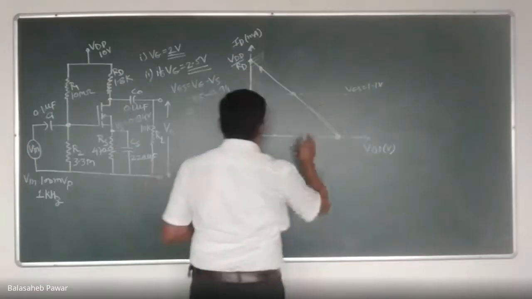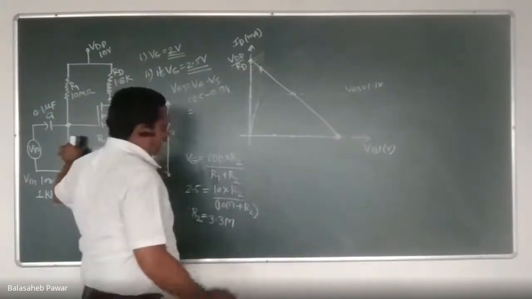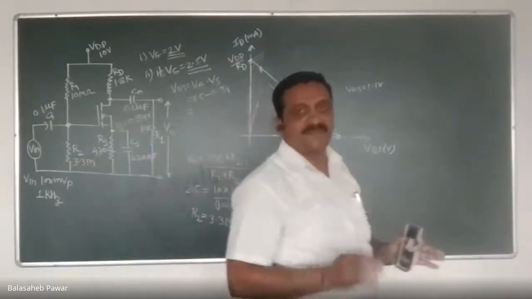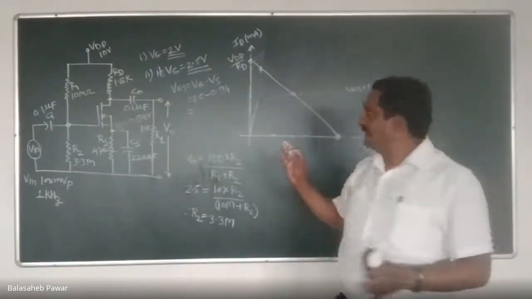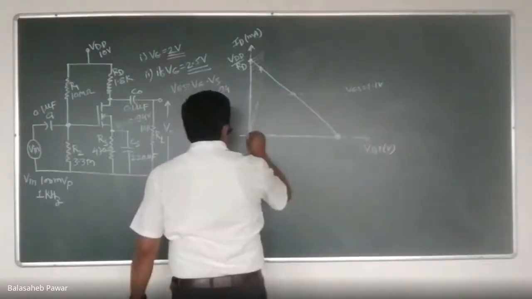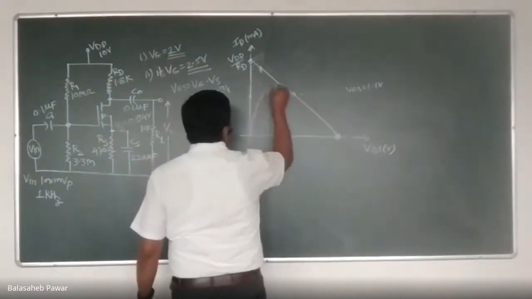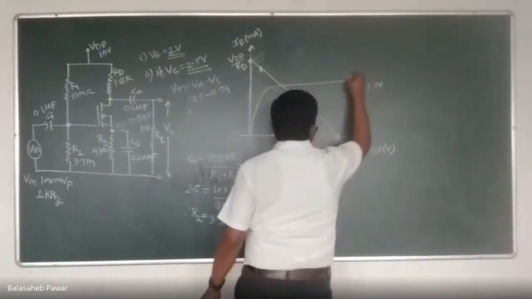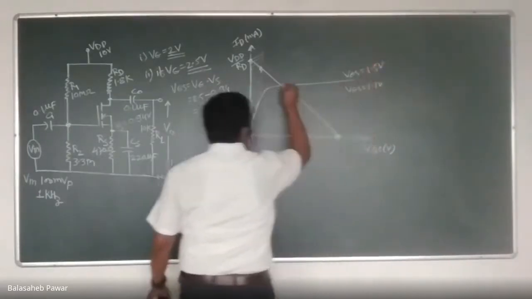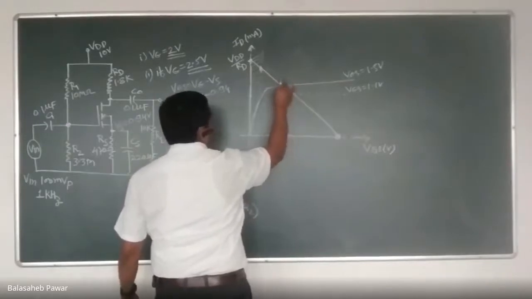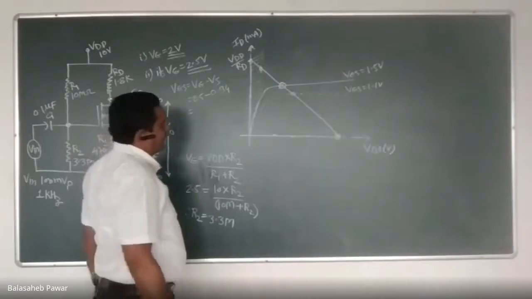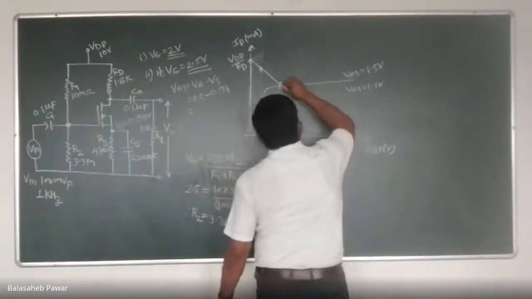So see, whenever we are expecting that operating point at the center, our VGS requirement was 1.1 volts, right? And now what we have done, we increased the value of R2 so that the operating point gets shifted. It is not going to remain at the center of the load line now, right? VGS is 1.5 volts, so my new curve will be somewhat like this. Are you agree with this? That means the operating point is shifted now over here. It does not remain at the center. Correct?